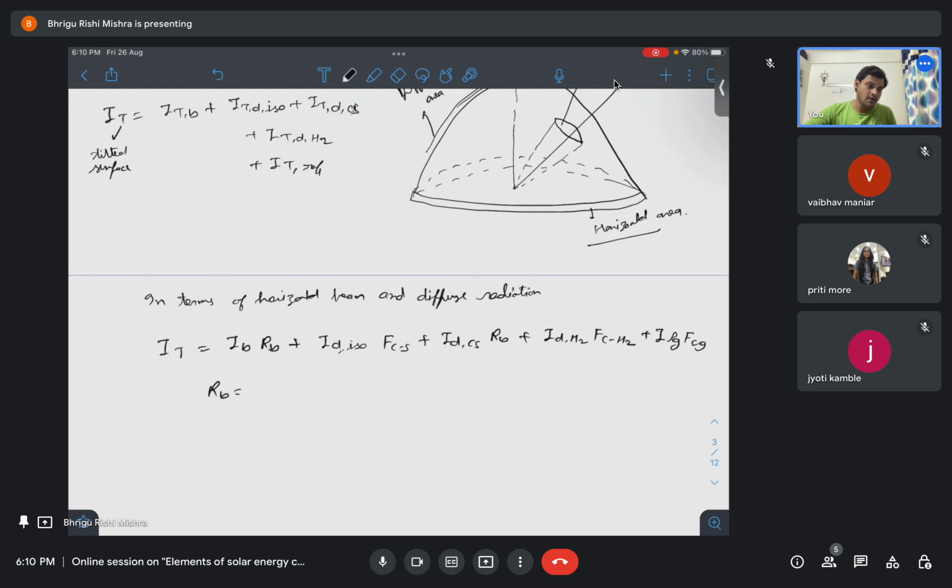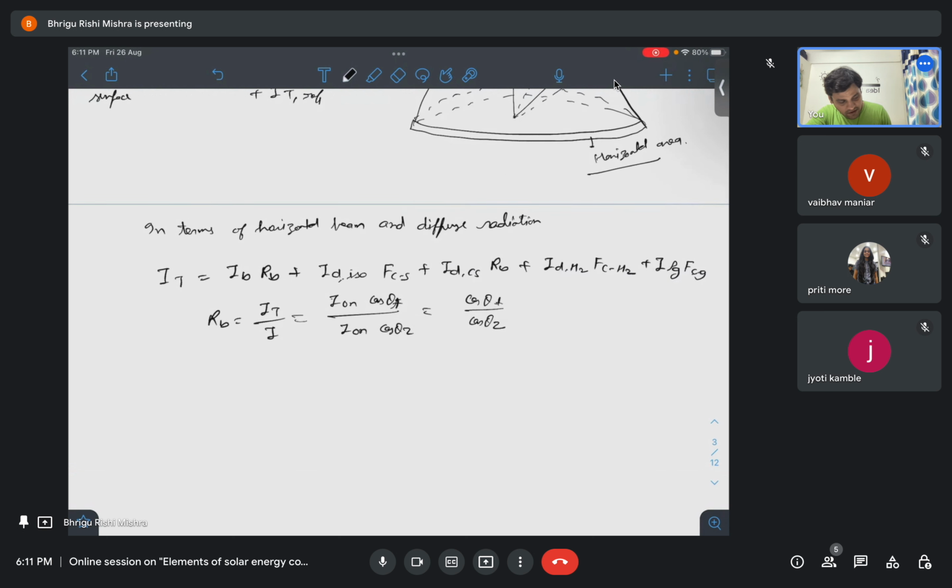Okay, so this RB relates the horizontal beam radiation to the tilted surface beam radiation. So RB is nothing but IT by I, where I is the total radiation on the horizontal surface and IT is on the tilted surface. So it can be written as ION cos theta T by ION cos theta Z. So it is nothing but simply cos theta T by cos theta Z. Okay, and similarly, so what are these things? FCS,